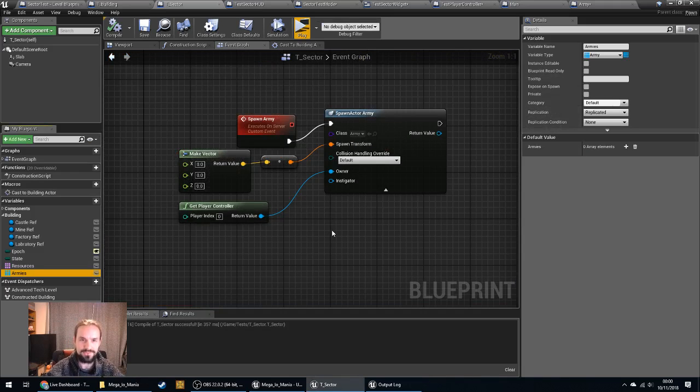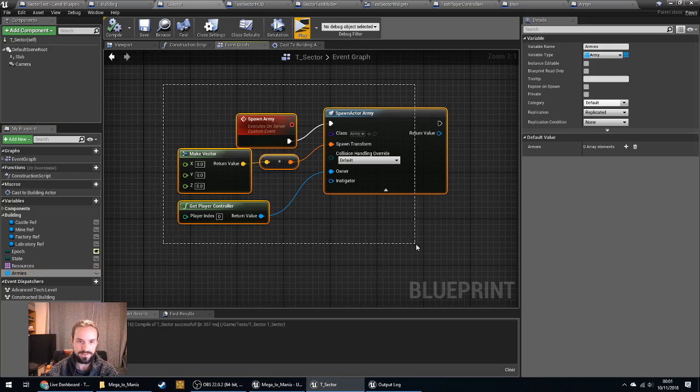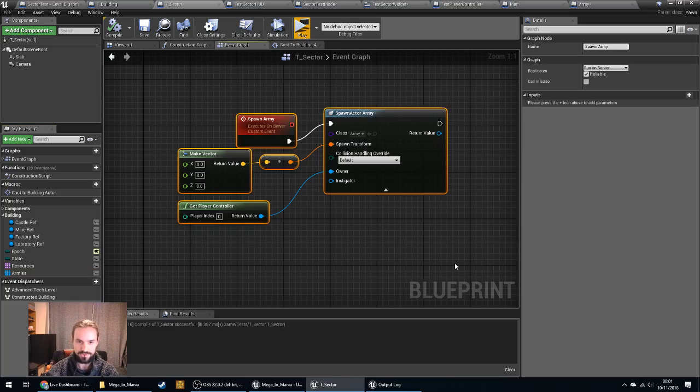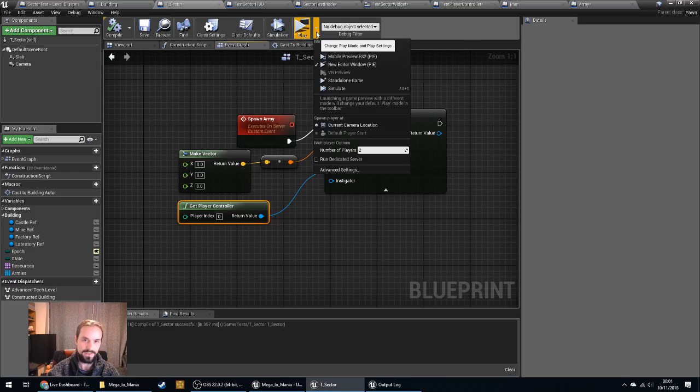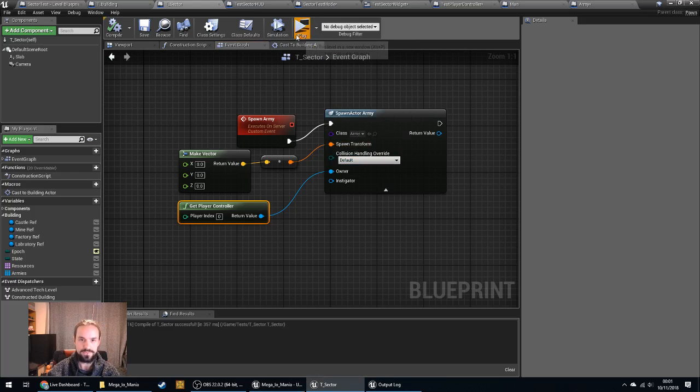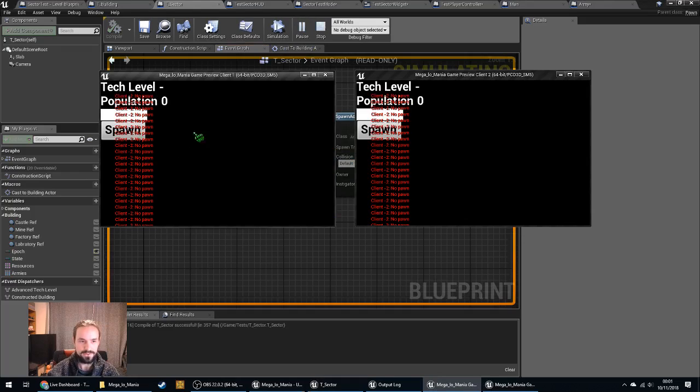So one thing that we haven't got in place is obviously any kind of differentiation in player colours. Perhaps something that we look at next stream would be getting their little castle flag on the sectors, and from that the actual white army. So it looks like this is being executed on the server, and the server is actually going to execute it on player 0. I think then if we do a dedicated server,